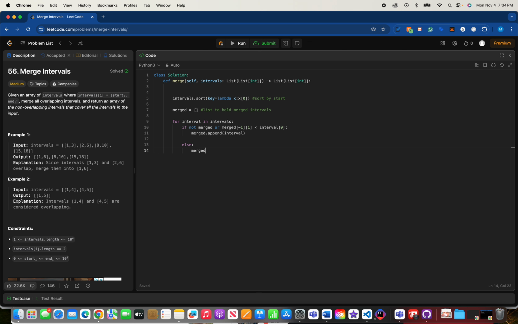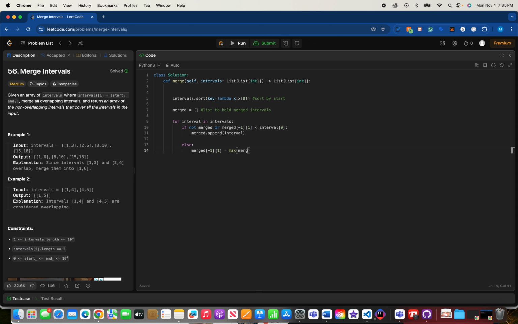Merged[-1][1], the end time of the last value we have entered, equals the maximum of